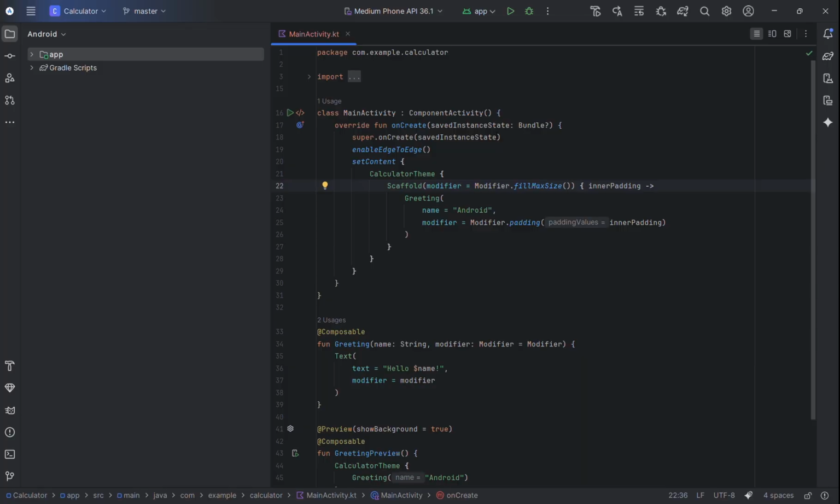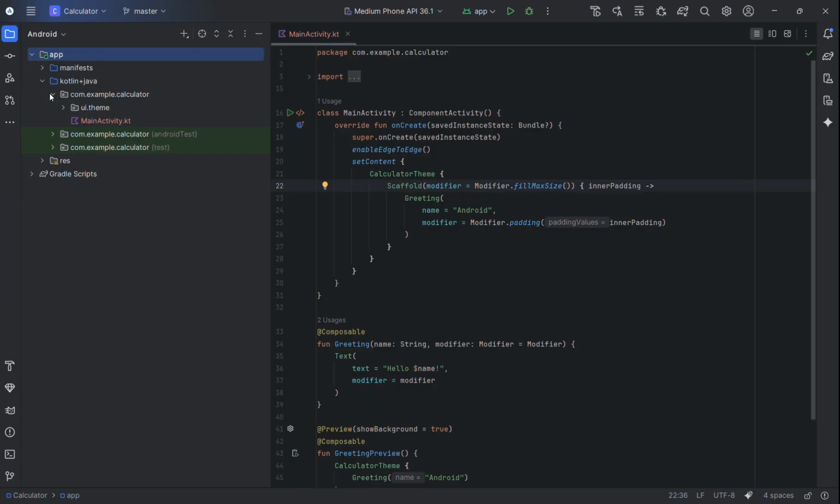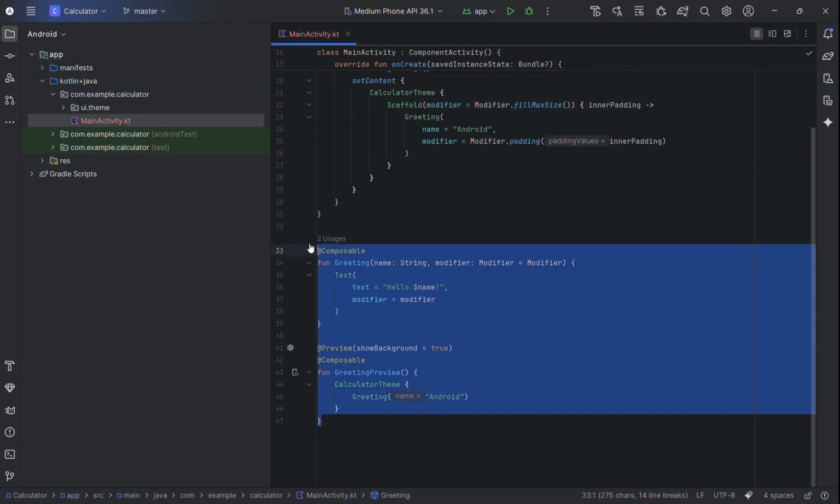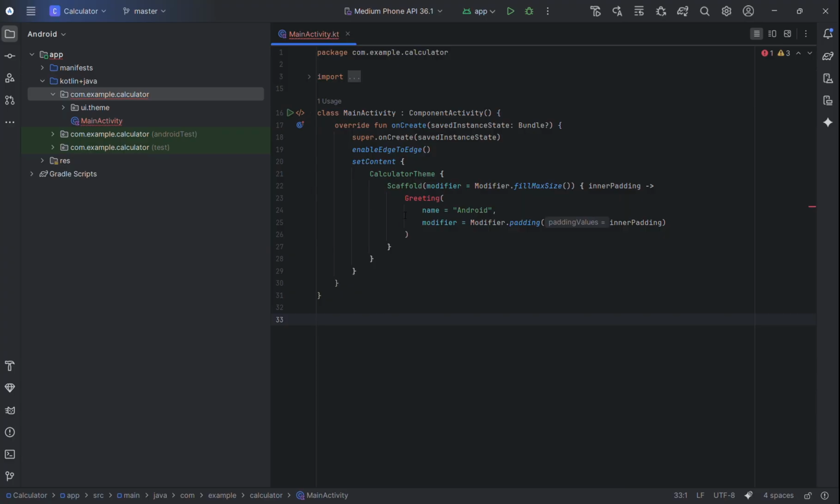First, create a new project with the name calculator and set the minimum SDK to 11. And then come to this screen. When you come to this screen, go to app, Kotlin plus Java, com.example.calculator, in MainActivity.kt, remove these two composables and remove the scaffold,